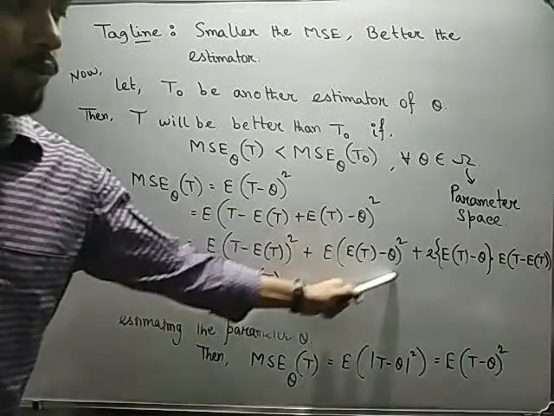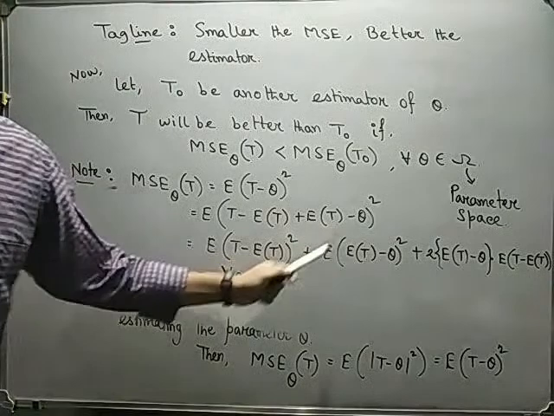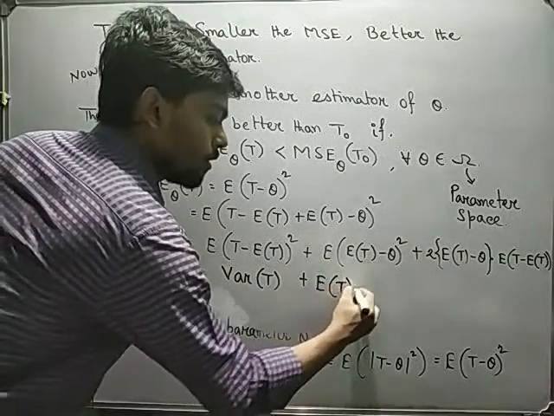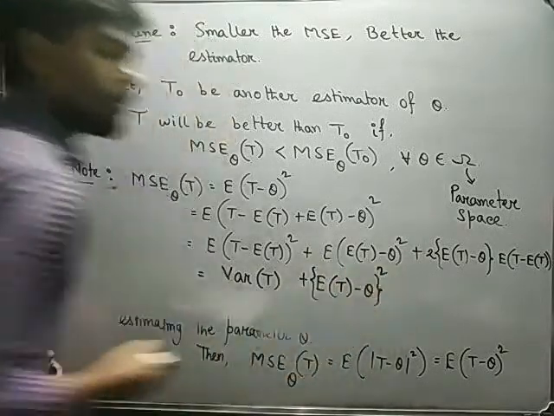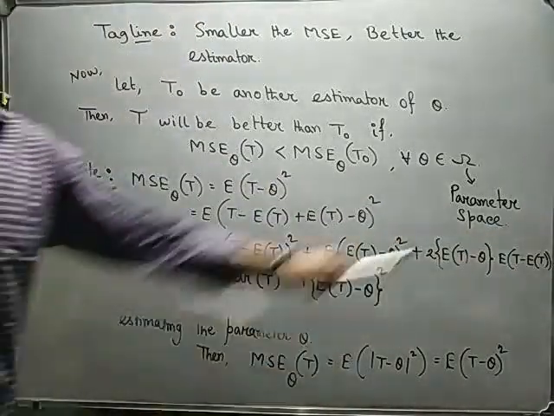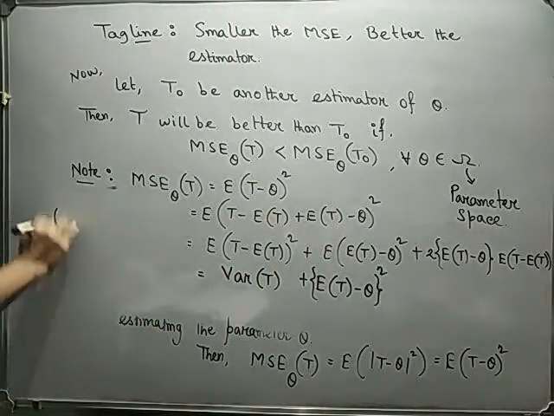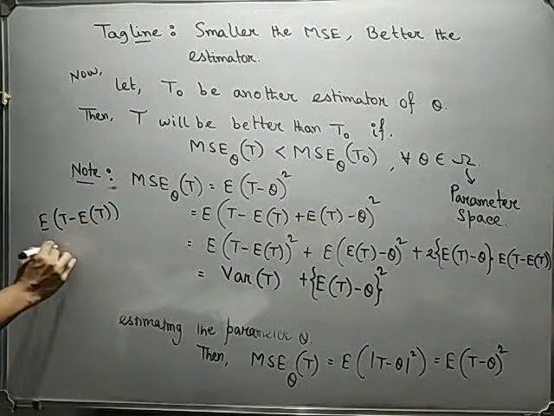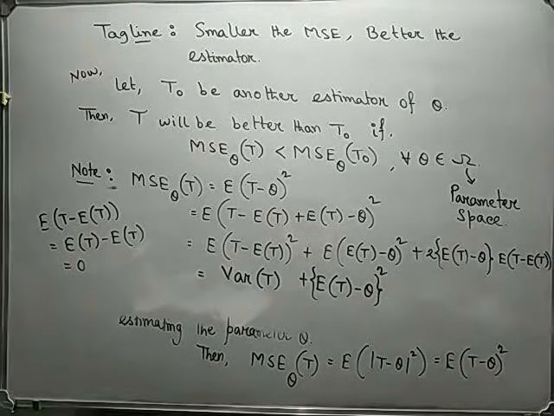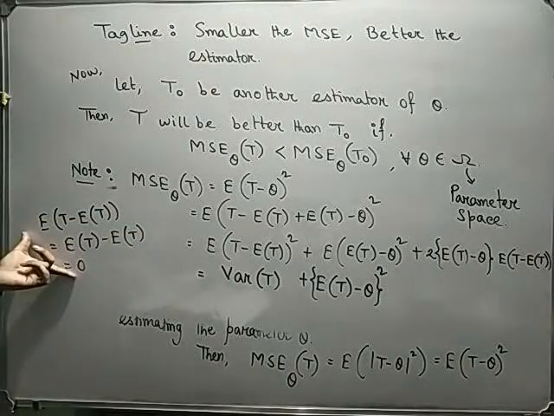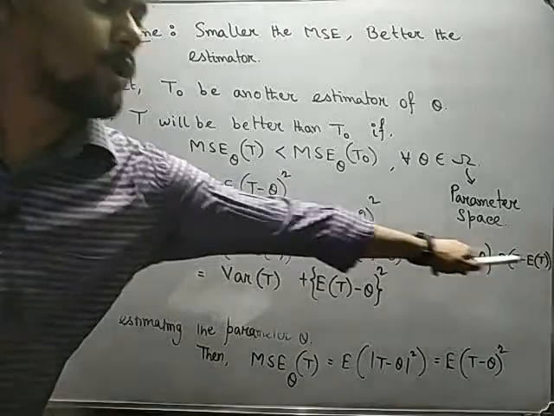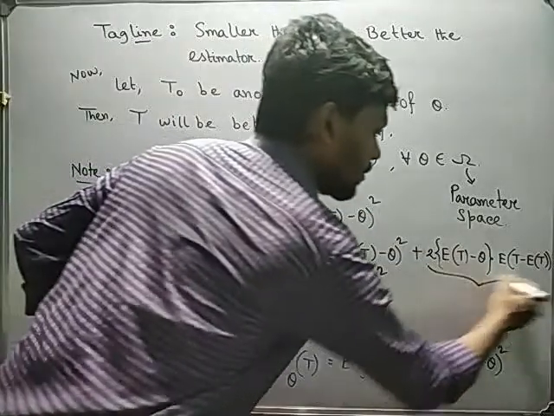So that's why this whole quantity is constant. Now, expectation of any constant quantity is constant. So that's why you can write this as expectation of (T minus theta) whole square. Now in this part, expectation of T minus expectation of T, what will be the value of that? Expectation of T minus expectation of T is 0. If you don't know this concept, you just have to read the basic formula for the expectations. Now this is 0, so this whole product term is basically 0.